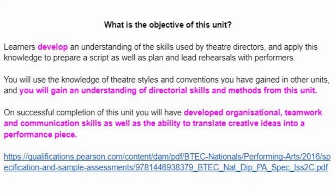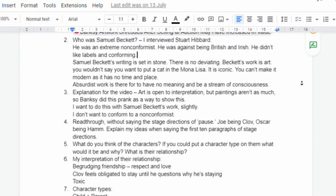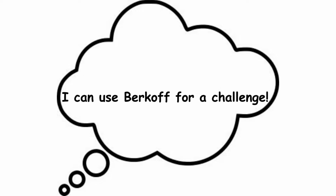This was also my first time I had used the specification to my advantage. For example, I had to understand what the exam board needed of me to get full marks. Did that mean change my idea and conform to the nonconformist, or not conform to the nonconformist and explain why to my performers? I figured out it was the latter and decided to do just that. This explicitly shows my thought process and idea of progression, which I find fascinating and helps me get a distinction